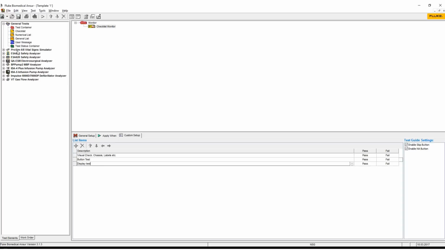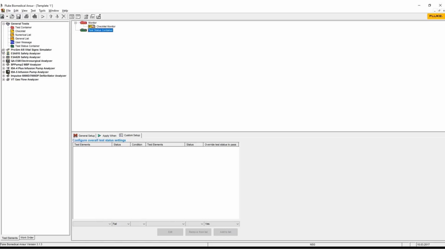To perform some test on the ECG or another, you use a test container. Click, hold and drag. I will use the ProSim 8, and you always have an auto sequence template or element